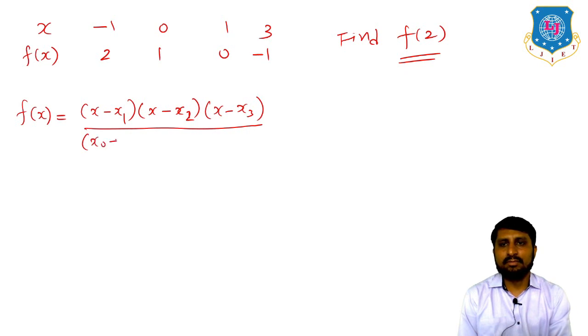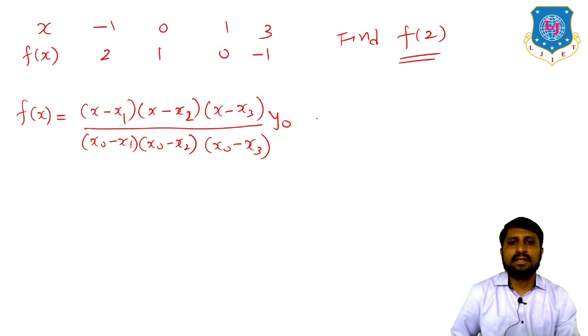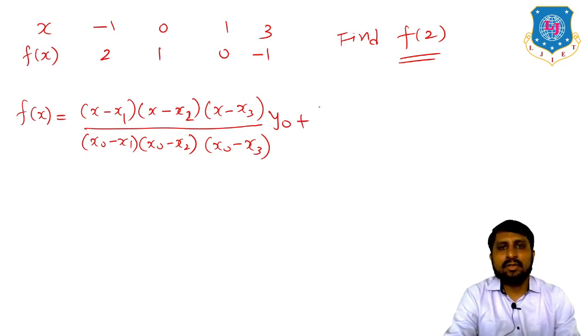So x0 minus x1, x0 minus x2, x0 minus x3 into y0, okay, and plus now x minus x0 as